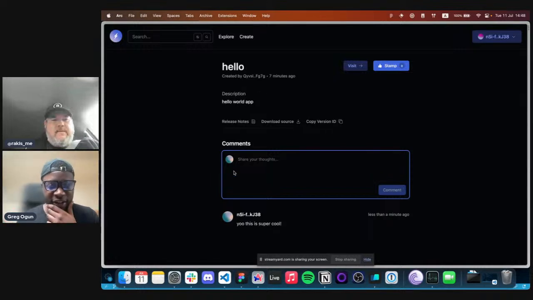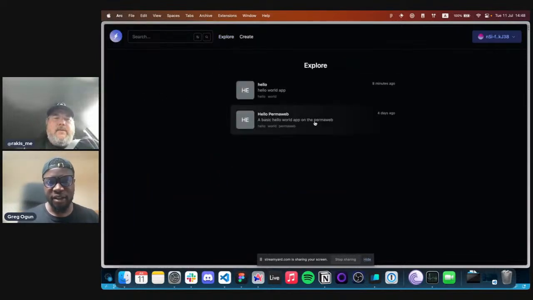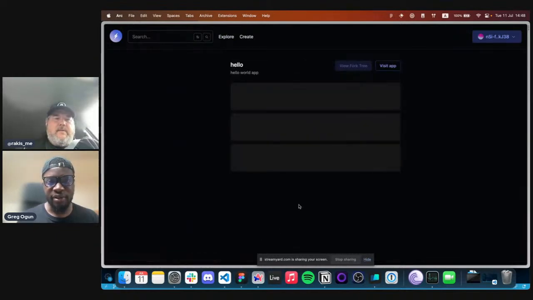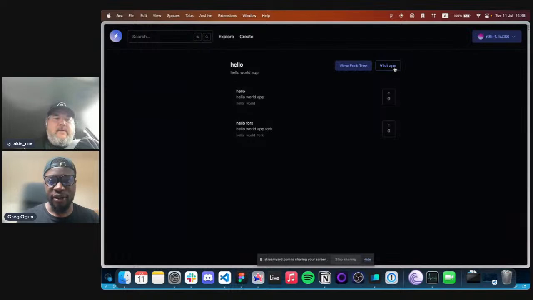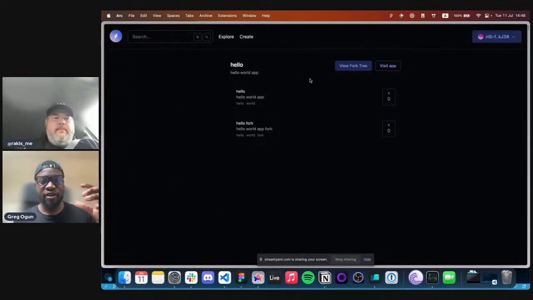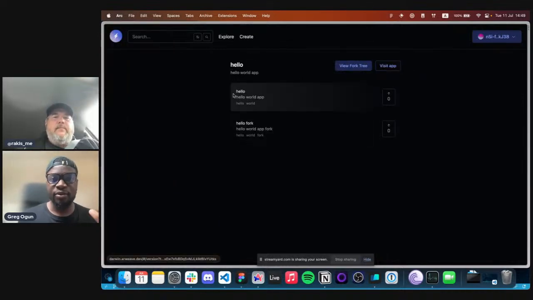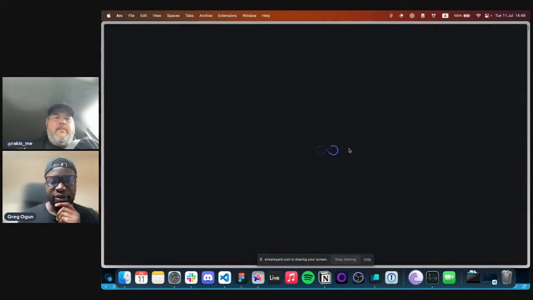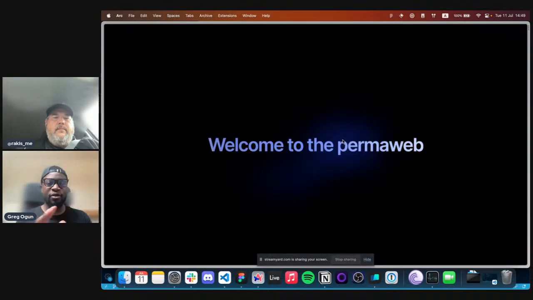So the last part of this that I just want to touch on is the app wrapper. We can go back to this right now and have a look at this Hello app. We can see our two versions. At this point, we can see Visit App. By Visit App, we're actually talking about visiting the app wrapper, because when we go into each version, we can visit the version itself. But in this list view, and perhaps we can make this a bit better by saying versions down here, we can visit apps. You can see we've got this infinite loader, and the function is running under the hood to find the version. And there we go, it's calculated that.